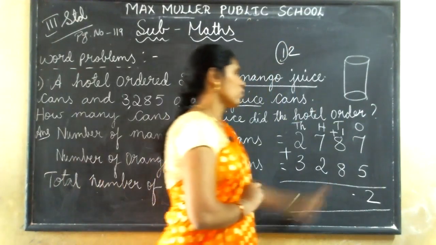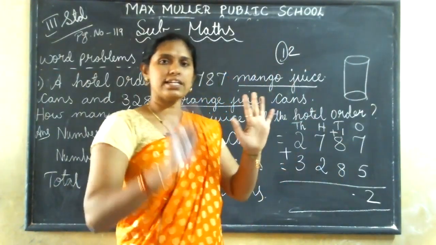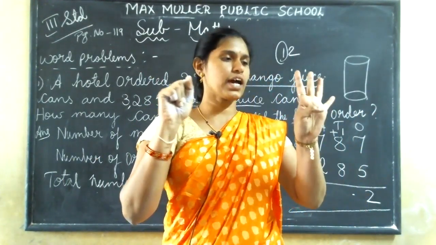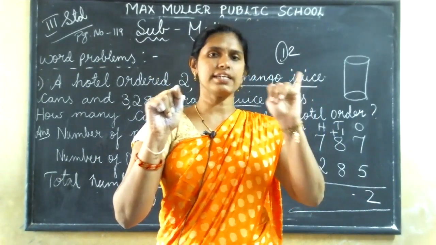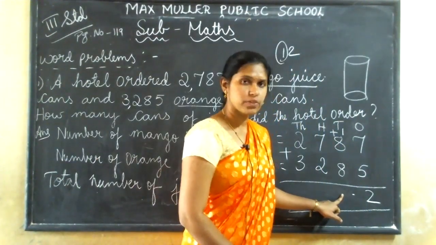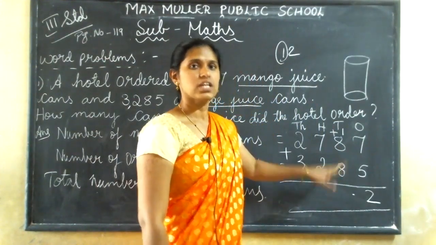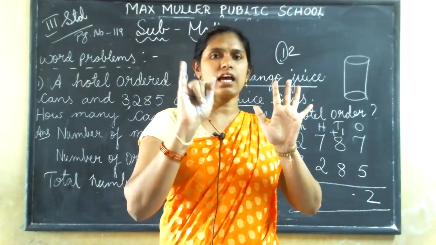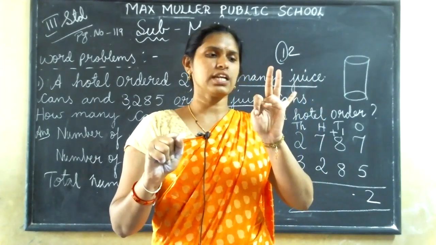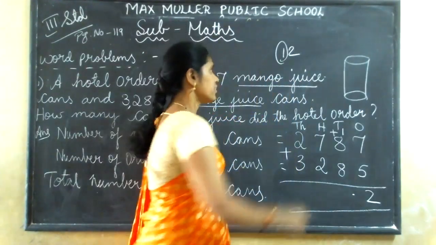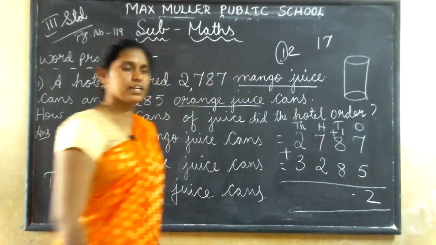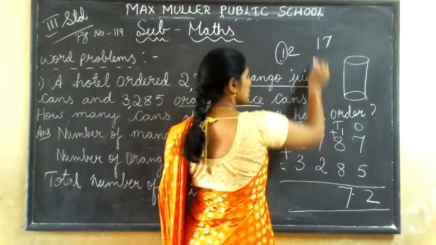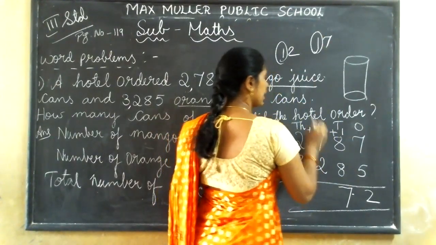Understood all of you? 1 plus 8, 1 in your mind, 8 on your finger. After 1, 2, 3, 4, 5, 6, 7, 8, 9. Can I write 9 here? No, still numbers are there to add with 9. So 9 in your mind, 8 on your finger. After 9, 10, 11, 12, 13, 14, 15, 16, 17. This 17, how you are going to write? Can I write directly here? No. 7, I'll write in tens place. This one, I'll carry to the hundreds place.